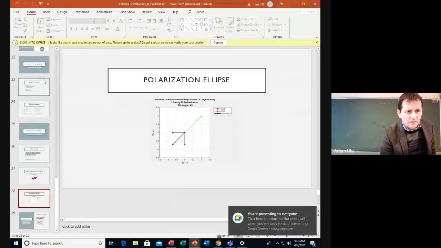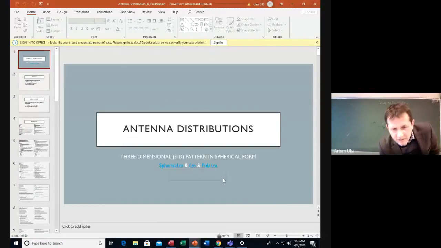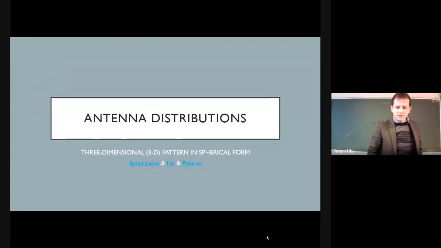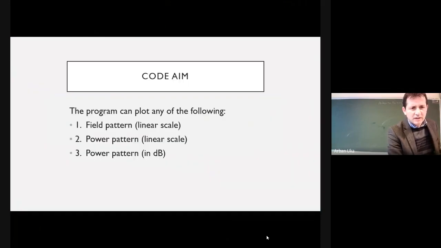Okay, so from the last session, we're discussing the different antenna parameters. And just before we continue with other theoretical aspects, I just want to go over some slides that we put together. The next homework that you're going to have will be to simulate different antenna distributions using the functions that we're going to provide, and you're going to change the parameters to see what you obtain. So we have the code.